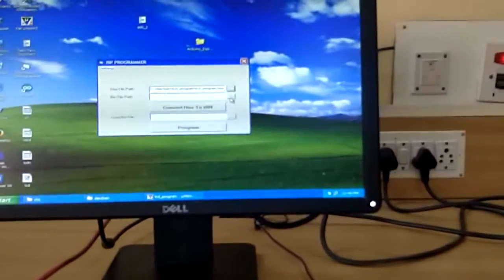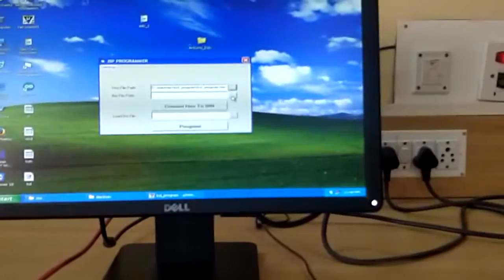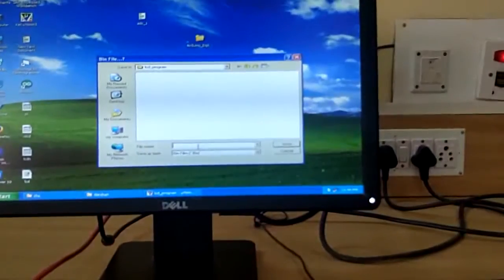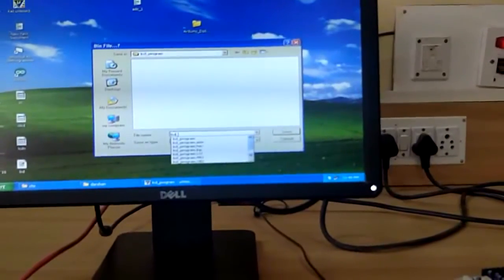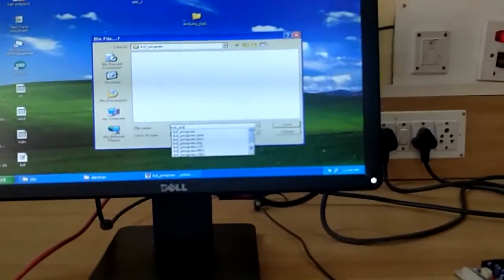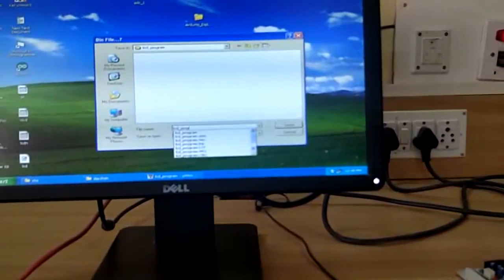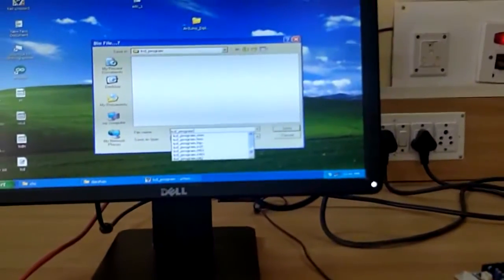open, and again where you want to save the binary file. So in order to save the binary file, you give LCD program .bin.